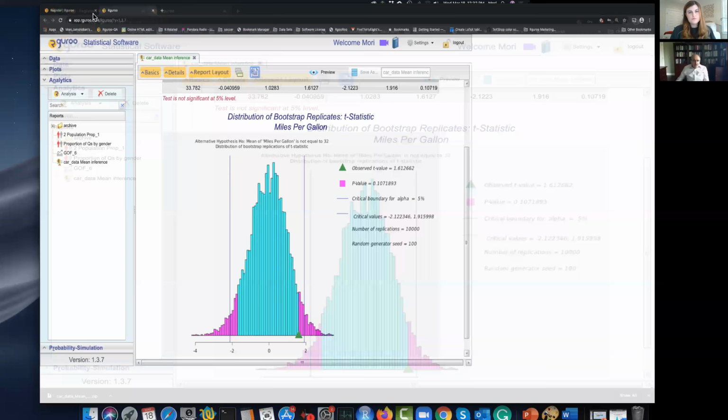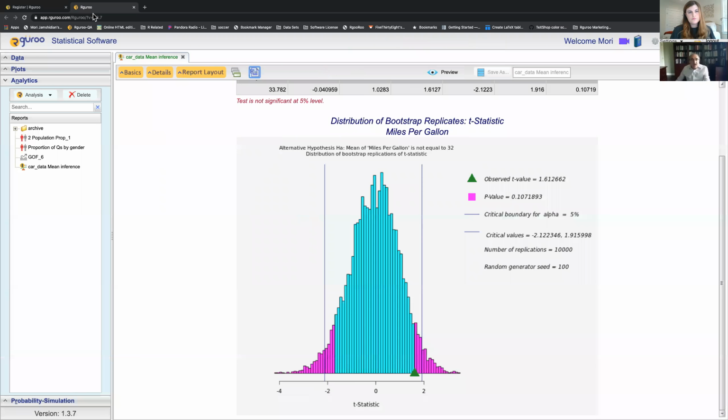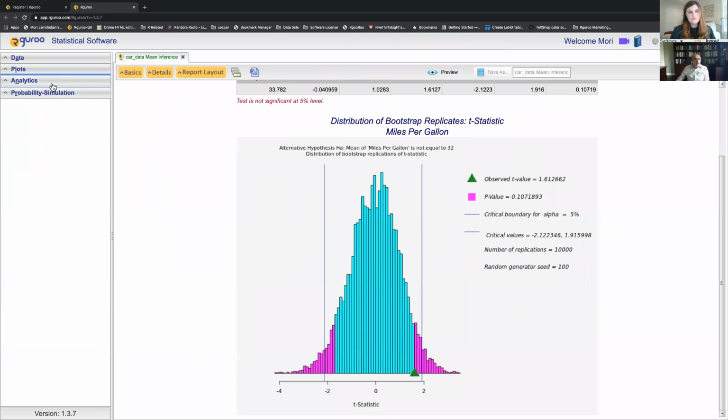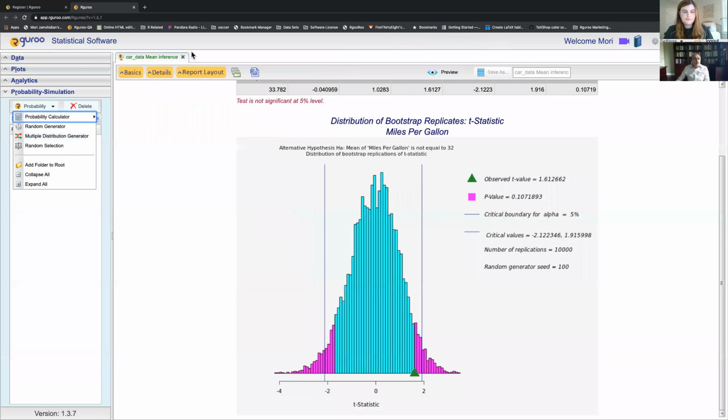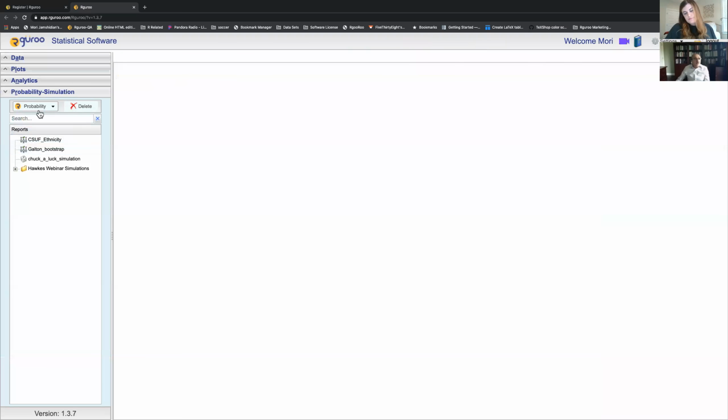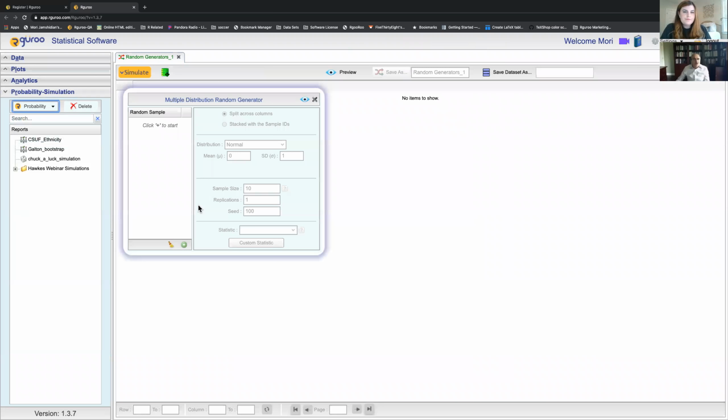So with that, let's go now and do a simulation exercise. Suppose that, for example, you want to teach the central limit theorem. We have this multiple random generator where at the same time you are going to be able to generate different types of